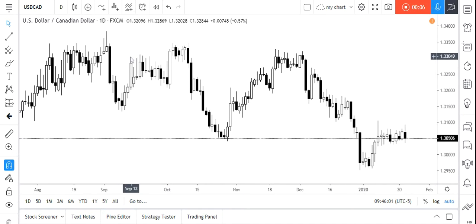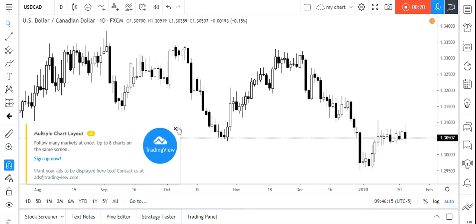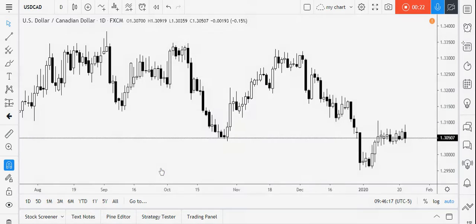If you have watched my previous videos of USD CAD, you know this was the first drive, second drive, third drive, and we had traded USD CAD to the upside, and we had made profit in the first movement to the upside after this completion of the three drive pattern. Today Bank of Canada is going to release its policy statement, and we have to be looking for opportunity to trade USD CAD to the upside.